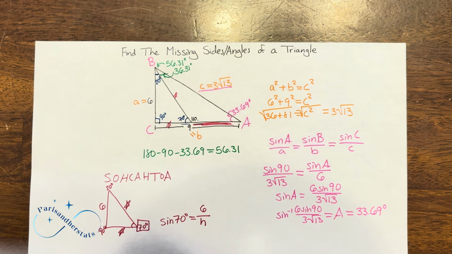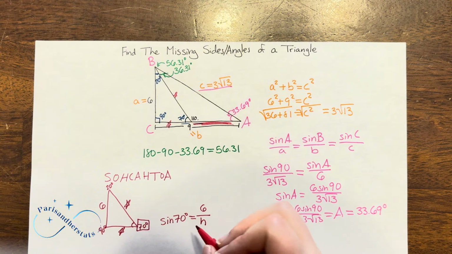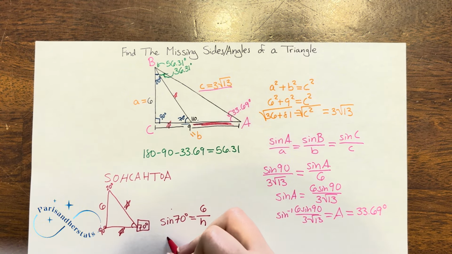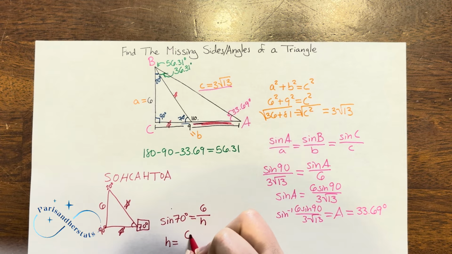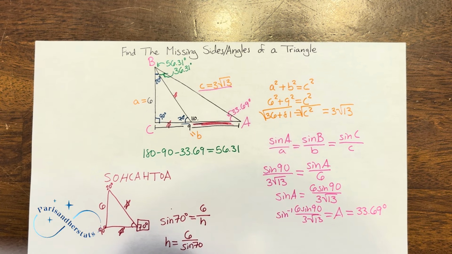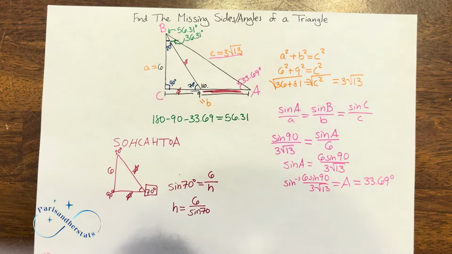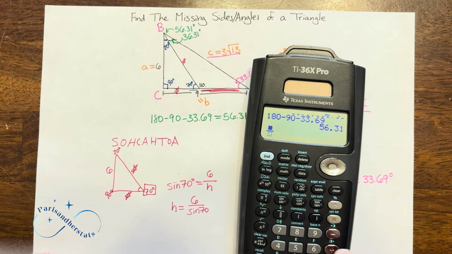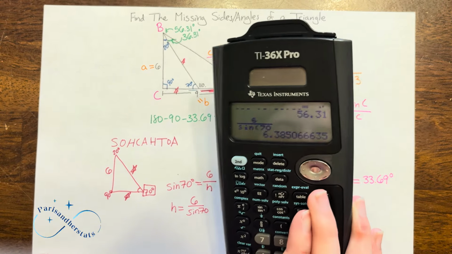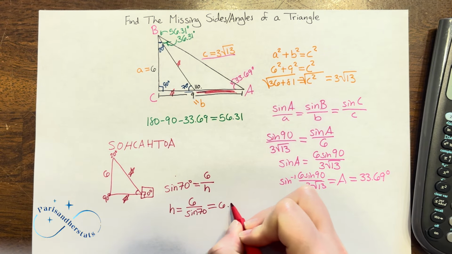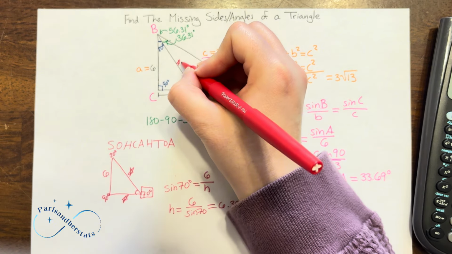Again, we are going to do some simple algebraic manipulation, multiply both sides by h, divide both sides by sine of 70, and we end up with h equals 6 over sine of 70. Well, we can plug this straight into the calculator here. So I'm going to do just that. 6 over sine of 70 gives us 6.39 for the hypotenuse value. So that is going to be this one right here,